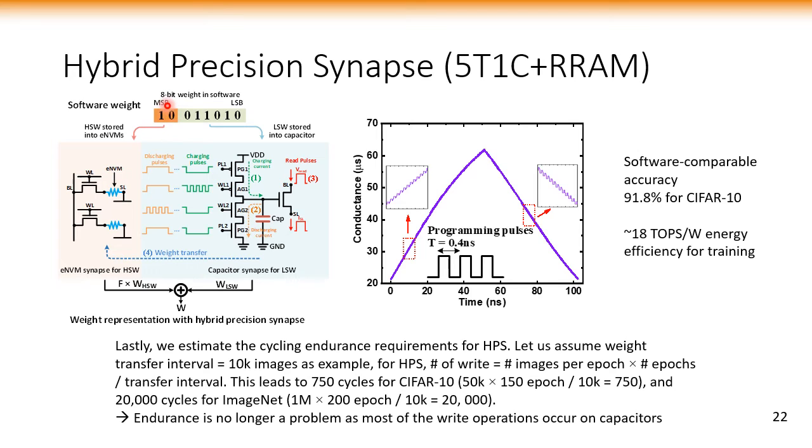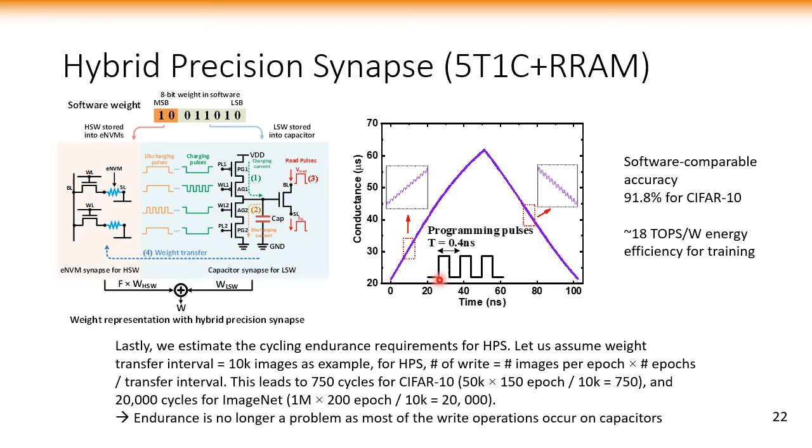So for example, the 8-bit weight is split into a 2-bit MSB and 6-bit LSB. The 2-bit MSB is stored on those 2 RRAM cells, and the 6-bit LSB is stored on this capacitor as analog voltage. And we can charge and discharge this capacitor using a pretty linear